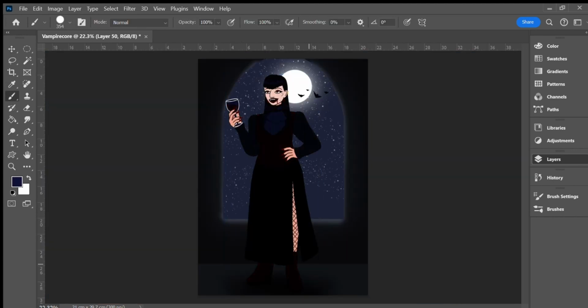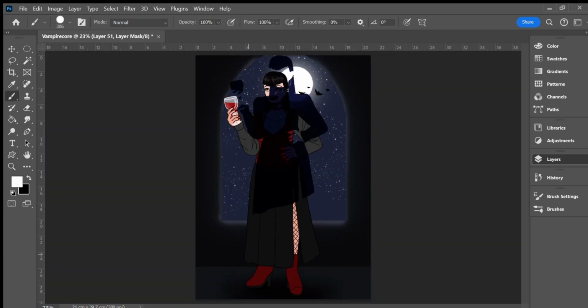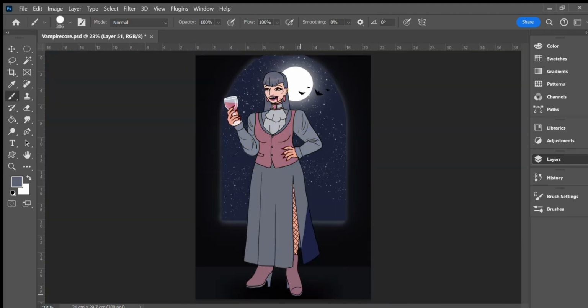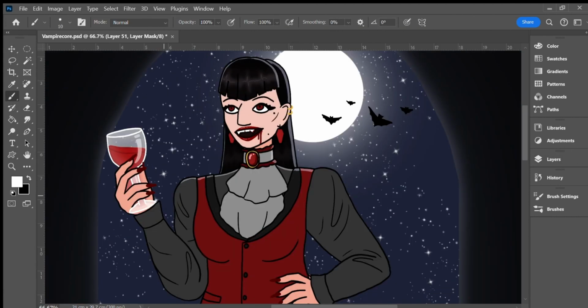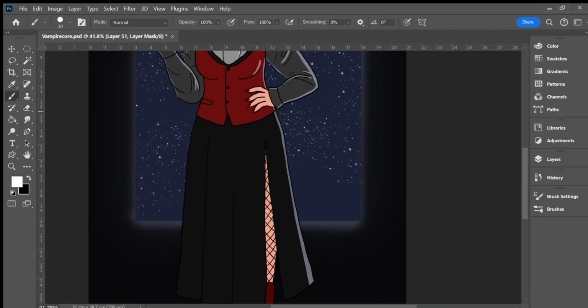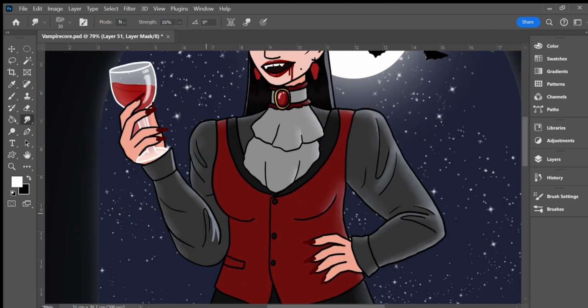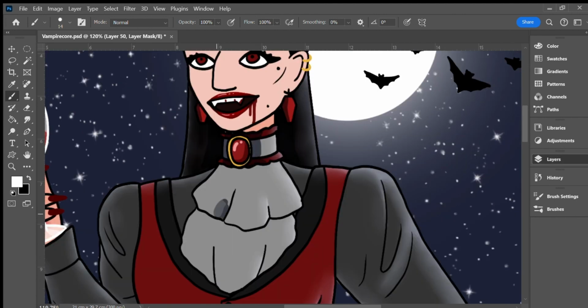I gave this Vampirecore character a mix of historical and the elegant side of the Vampirecore aesthetic. She has a dark grey historical shirt under a red Victorian waistcoat, with a cravat at the neck decorated with a large red jewel. Her skirt is more modern, a black maxi skirt with a high slit that reveals fishnet stockings and short-heeled boots. She has coffin-shaped earrings, long red nails, and dark red shiny lipstick. In one hand she holds a wine glass full of red liquid that definitely isn't blood. Some of that liquid has stained her mouth.